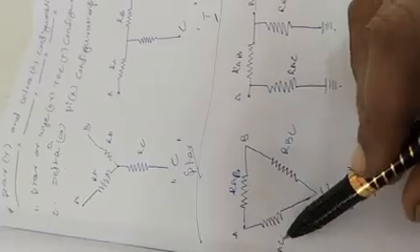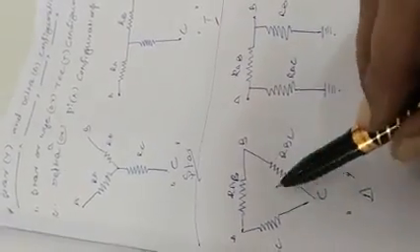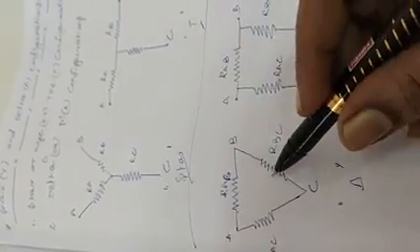The resistance between A and B is RAB. The resistance between B and C is called RBC. The resistance between A and C is called RAC. These are the different resistors combined like this, so it is like a delta, like a reverse delta. So it is called a delta configuration. The diagram looks like a delta, so it is called a delta configuration. Similarly, it is also called a pi configuration.